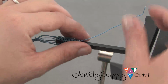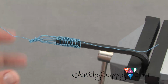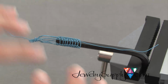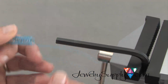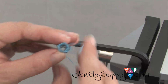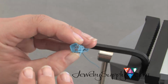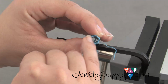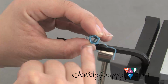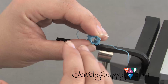Okay, so I've gone through and I have about 4 inches of wire left, but it's getting very hard for me to pull the wire through, so that's a pretty good indication to me that I'm done with this length of wire, but I'm not done with my knitting. So as I remove this knitting, we're going to look at the very end. What I want to see is 5 sides to my knitting, and I want them to be fairly spaced apart. So if you have 2 areas that are right next to each other and it doesn't look like a pentagon, you want to remedy that in your next section of weaving